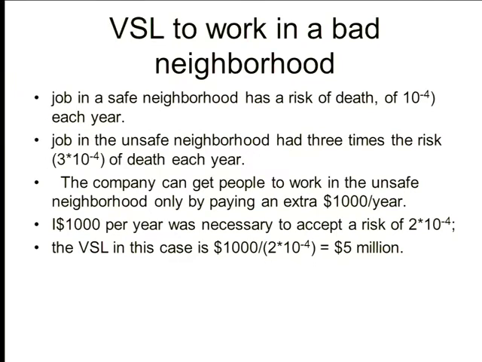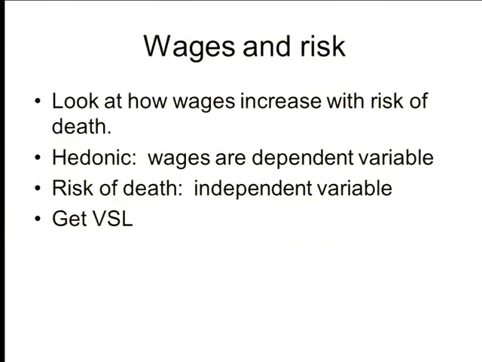So that's an example of this, but done for real. And it had the side effect of learning that people are less safe at different times in their life. So basically, what are you doing? You look at wages, and you see how wages increase with risk of death. And again, you try to hold all these other things constant, and that's very hard to do. Wages on one side of your equation, risk of death is an attribute. We're back in a hedonic regression.